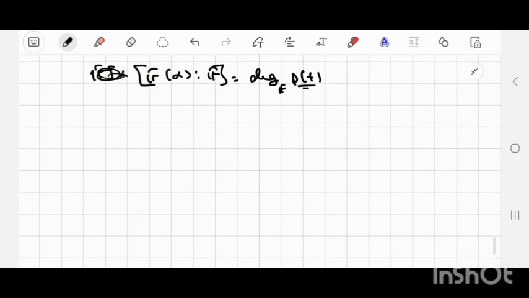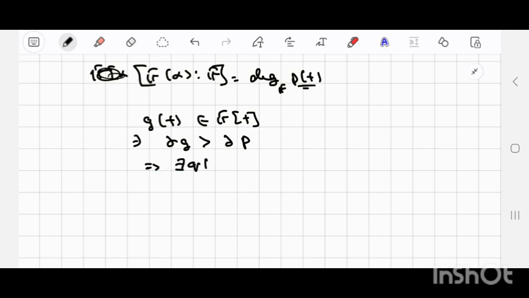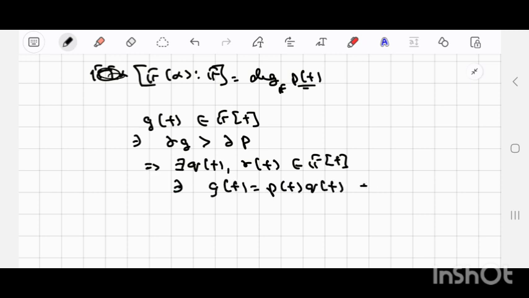And how had we proved it? So the proof was fairly simple. What we had done is, if G(t) is an element of F[t] such that the degree of G is greater than the degree of P, then I can divide G by P, which implies that there exist Q(t), R(t) in F[t], such that I can write G(t) as P(t) times Q(t) plus R(t),